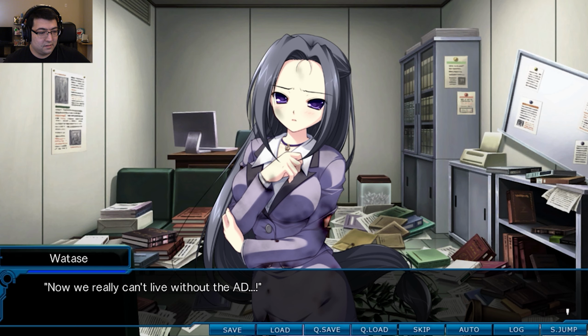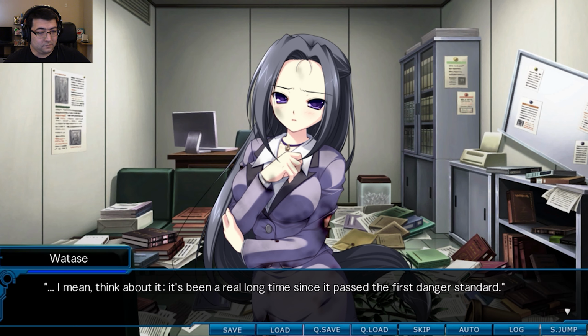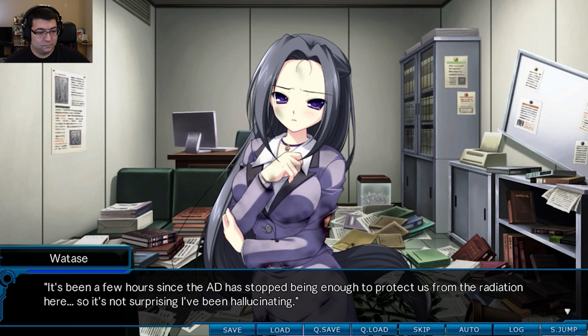いよいよ AD なしじゃ生きていけない環境になってきたな。In other words, Watase and the others only had an hour left to live. だいたい考えてみりゃ数値が常に第一危険基準値を超えるようになってから随分経つ。AD でも被爆を防げるかどうかわからない線量の中に何時間もいるんだ。幻覚が見えるわけだぜ。